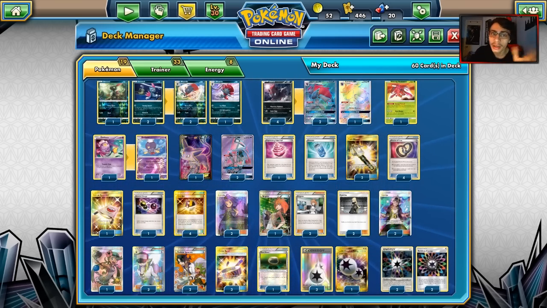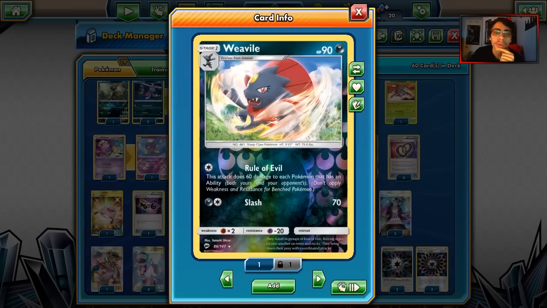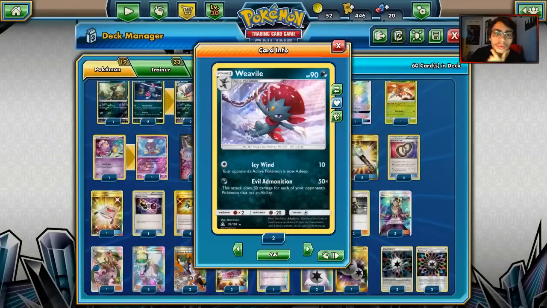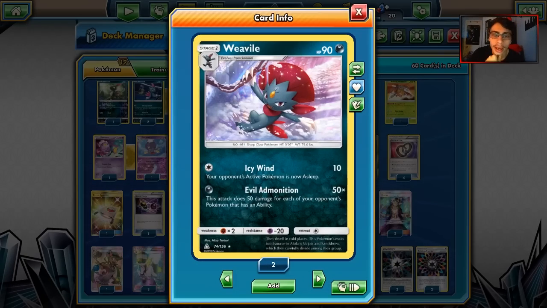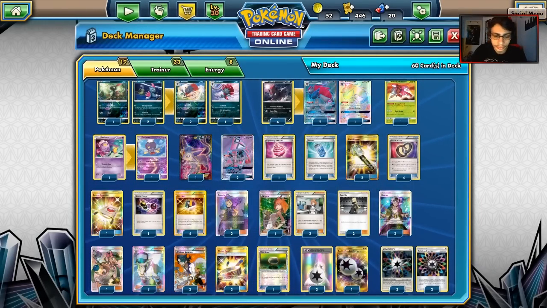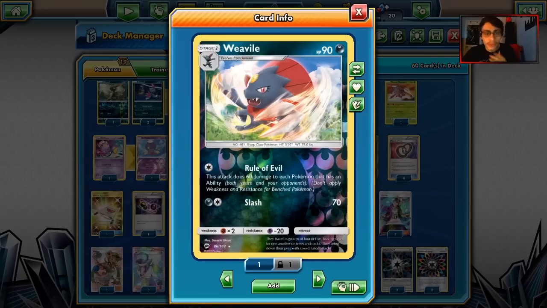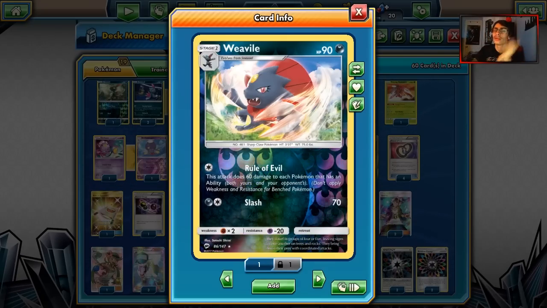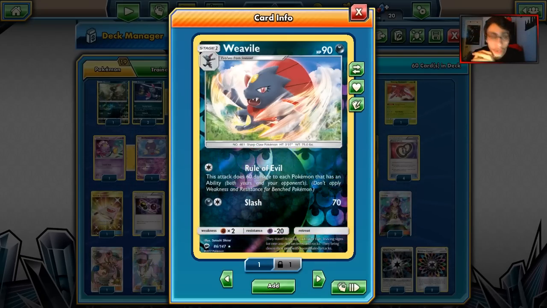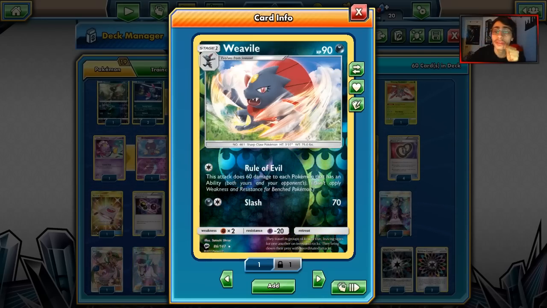So, the main stars of the deck are Zoroark-GX and Weavile with Rule of Evil, and we have the new one from the new set 2 with Evil Domination. Both these Weaviles are pretty strong. And the Rule of Evil one, I think, is genuinely the better one because Rule of Evil is a little stronger. But the way we're going to make this work is we're going to combo Weavile's Rule of Evil with